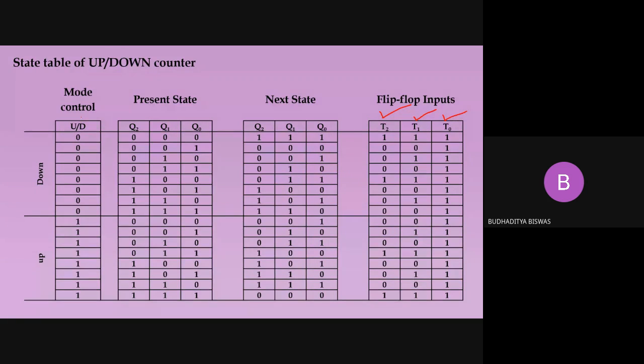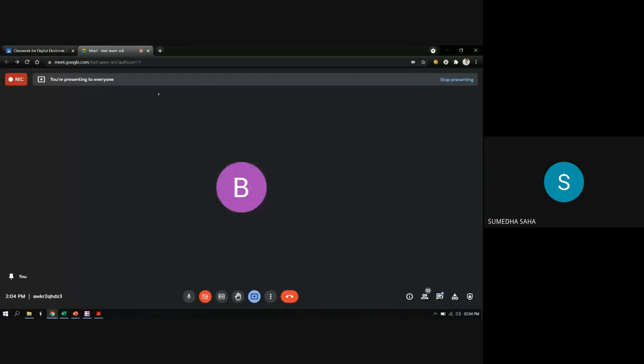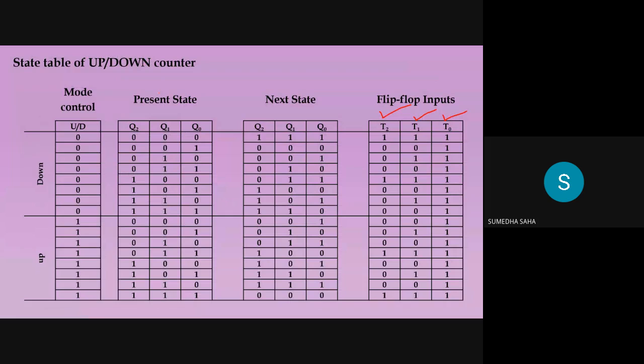also this one, because the mode control is one of the inputs in this type of circuit, apart from the flip-flop inputs. So how many K-maps do we need to do? How many flip-flops, how many K-maps do we need to do for this expression? 5? No, not 5. Why 5? Just look at the expression.